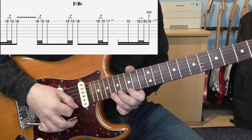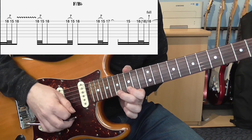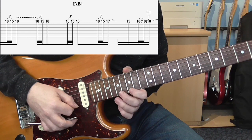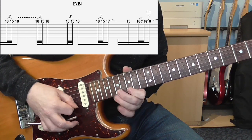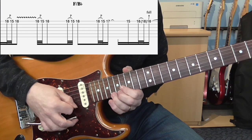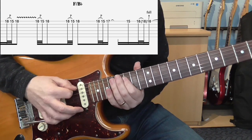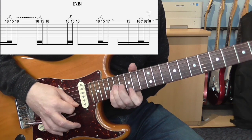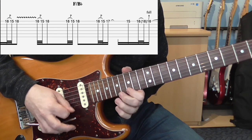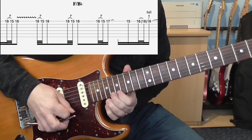Then we're going to do the pull off one more time, 18 to 15, and then finish on 17 this time. And then finish off that bar, 15, this is all on the E, 15, and then 18, bend and release. So, going from the run before, like so. The next bar,